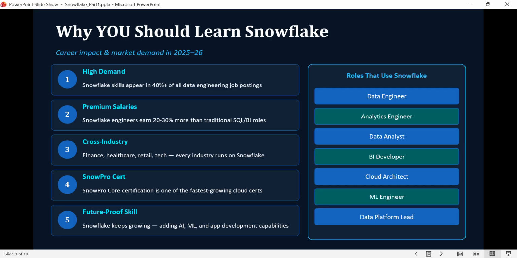The salary premium is significant. Based on market data across LinkedIn, Glassdoor, and Levels. So for your information, professionals with Snowflake on their CV earn 20 to 30% more than comparable roles without it. In India, a data engineer with Snowflake experience commands 15 to 25 LPA at mid-level compared to 10 to 15 LPA without. Globally, senior Snowflake roles regularly exceed